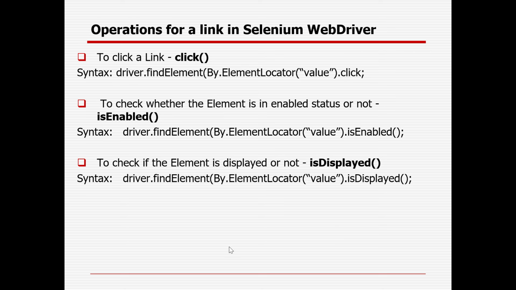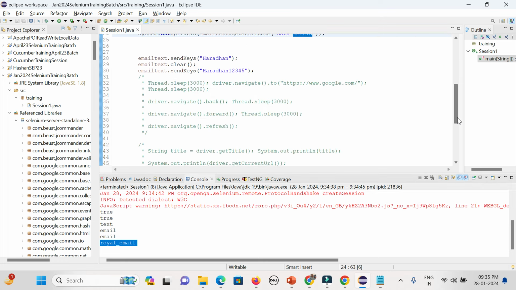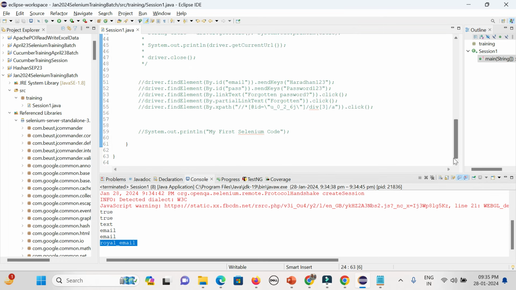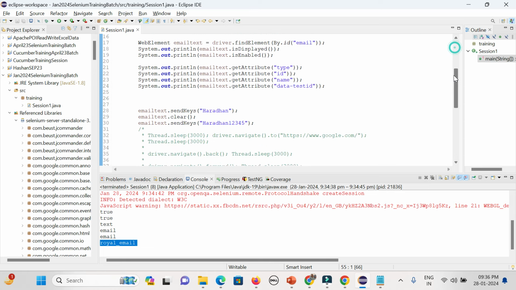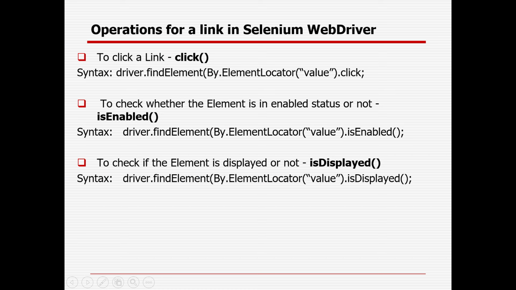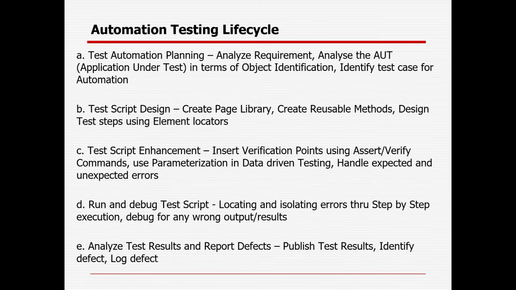Similarly, there is a similar way for links, which you have already seen. What operations can you do? We can check whether the link is displayed or not. In a similar way, is displayed gives true or false, and is enabled or not. For the link you already saw the click method, with the help of link text or partial link text. So those parts you already saw, right? Dot click method. Similarly, you can check is displayed or not, is enabled or not. It is common for most types of fields, whether it's a checkbox, a radio button, a text field, or an email field. is enabled and is displayed will always be there. Okay, so I'll recap once more and I'll take any questions in case you have any.